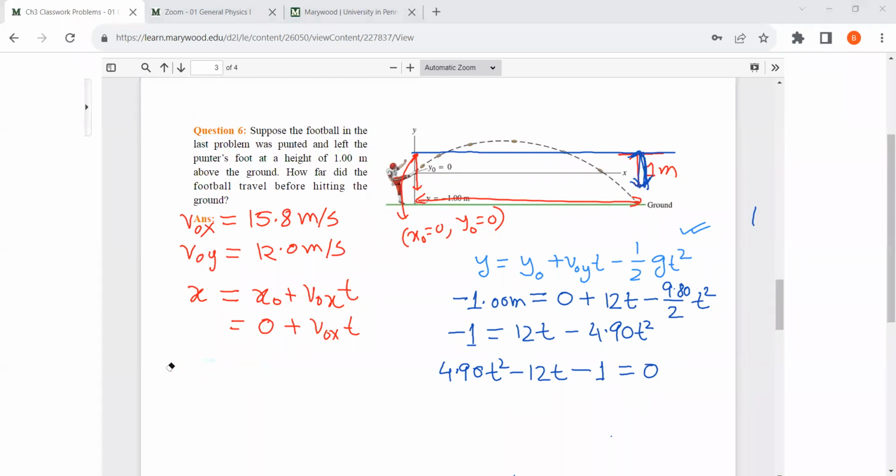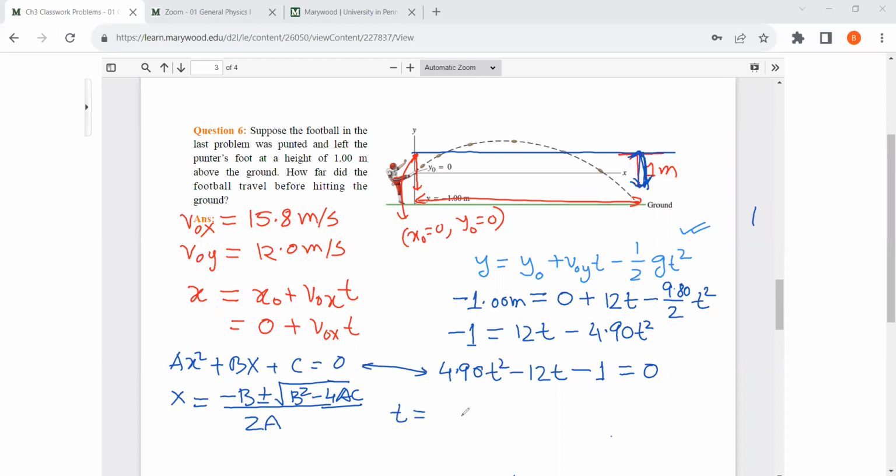And remember that a quadratic equation is something like this: ax squared plus bx plus c equal to 0. So if we have any equation something like this, then x equal to minus b plus or minus the square root of b squared minus 4ac, all over 2a. Okay, now if you compare this equation and this equation, then you can write t is equal to 2 times 4.90